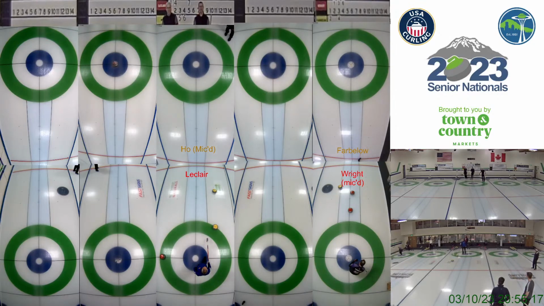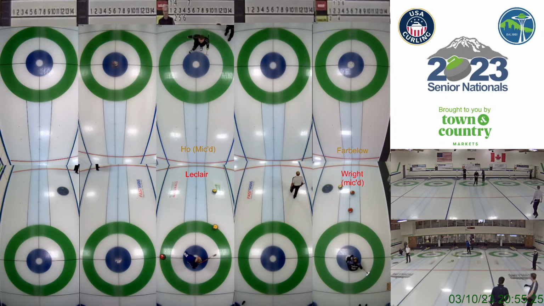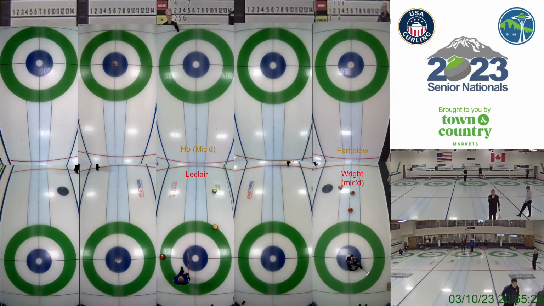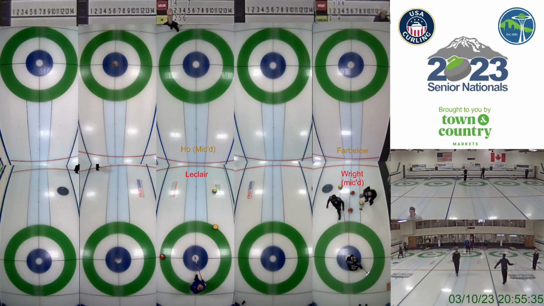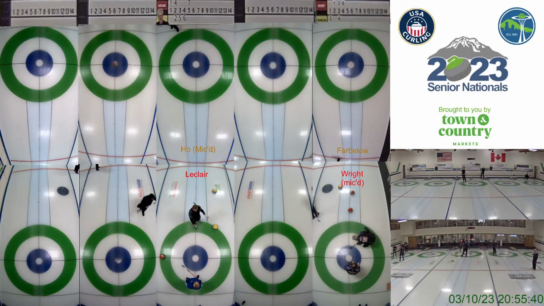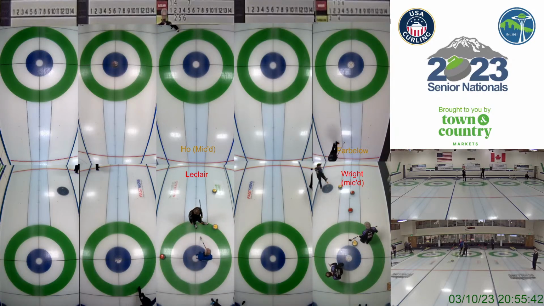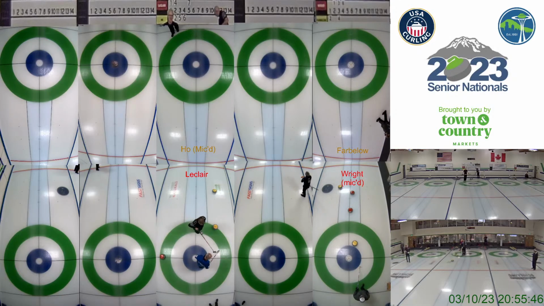All right, we've got a utilized corner guard for the most part here from Team Ho. I think they're, I don't know, 3/4 buried behind it. That was a great hit and roll there. They removed the center guard and rolled into that position around the corner. It was a great shot. Really good shot. Yeah, they've been able to clean up the middle and kind of establish some separation in the stones that are in play. The only downside is that there are only 3 stones in play. So if somehow they all disappear,